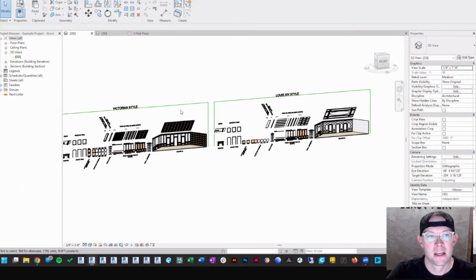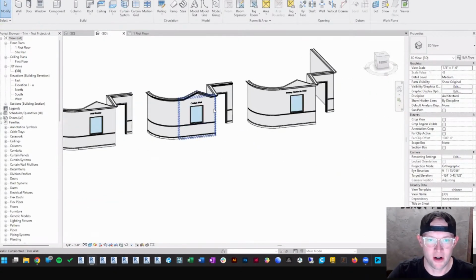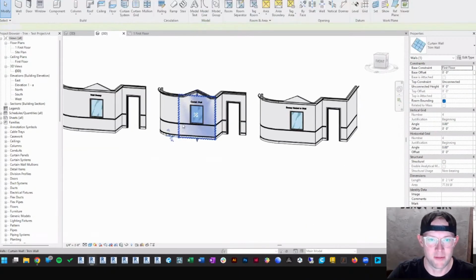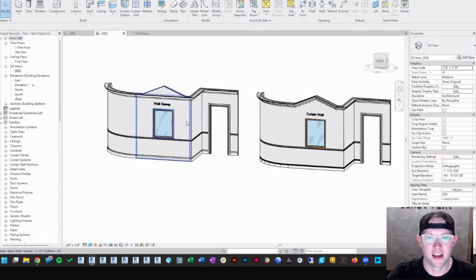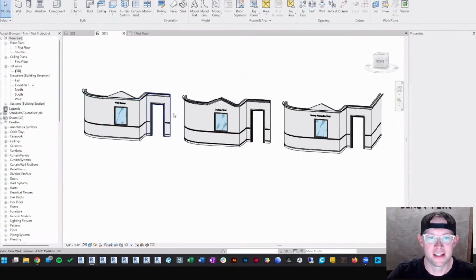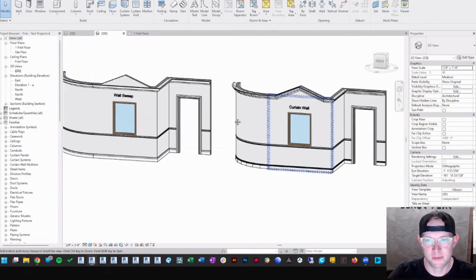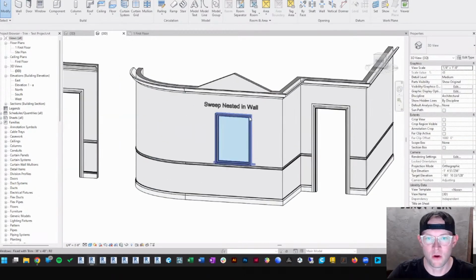So with that in mind, something I was doing when I started was just experimenting with these different methods. And you discover certain things. For example, I've got three of the exact same structure, but one's done with wall sweeps, one's done with curtain walls, and then one's where the sweeps are built into the